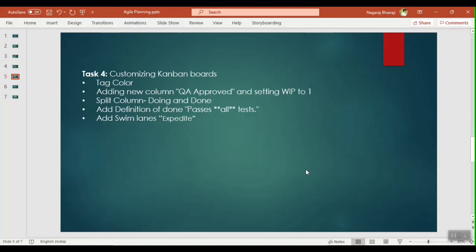So next, we are going to see how to customize the Kanban board, basically based on certain tag colors, adding new columns, setting the work in progress limit. It's called WIP limit, and even splitting the column into doing and done, adding the definition of done, and even swim lanes.